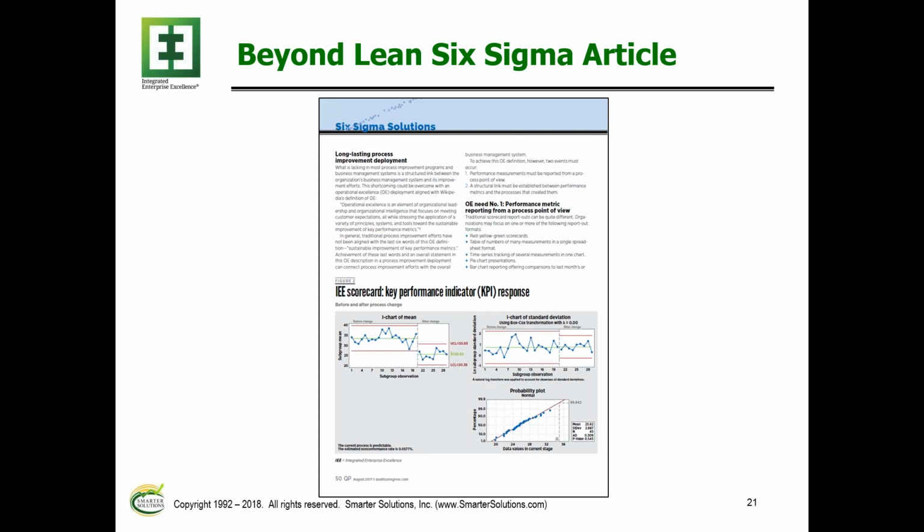Now let's look at number 1. If we're reporting in our organization red, yellow, green scorecards, tables of numbers, pie charts, bar charts, that sort of reporting, that's not from a process point of view. So looking at this form of reporting, and you went in and did some work creating process improvement efforts, how are you going to be able to see if you really made an improvement? You really can't. They're not reported from a process point of view. So I'm suggesting that's an elephant in the room that nobody's talking about.